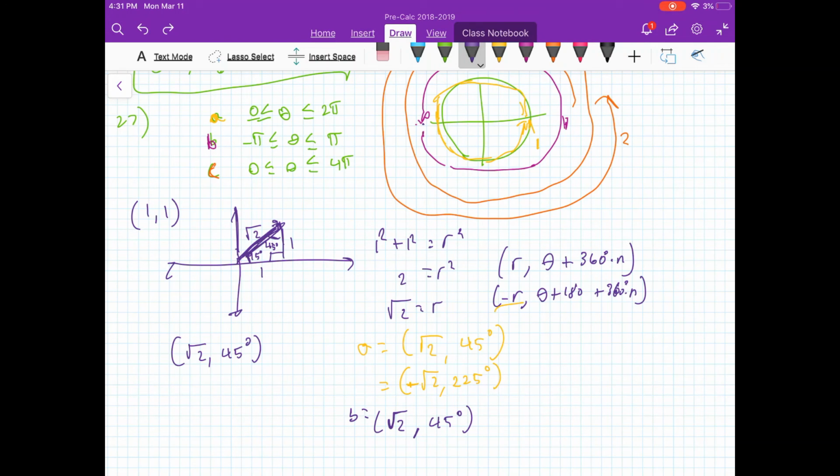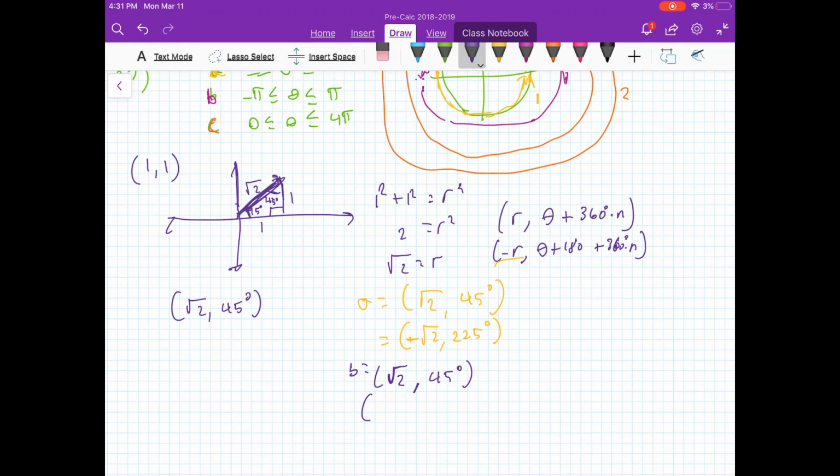So we can still go negative if we wanted to. We could still have that negative root 2, but now we have to go back in the other way. So instead of adding 180 degrees, I could potentially just subtract 180 degrees and see what we get. Another way to think of that is add 180 degrees and then multiply 360 by negative 1. But either way, I can subtract 180 degrees from